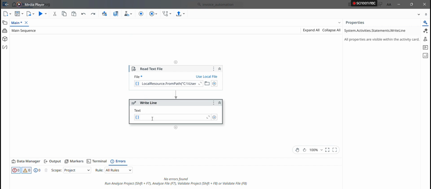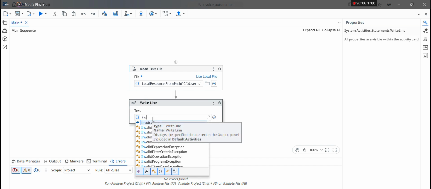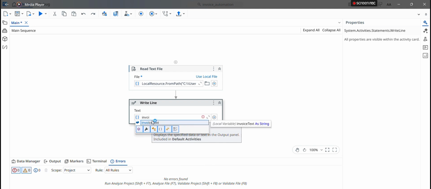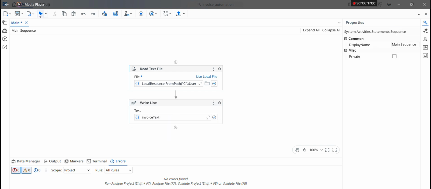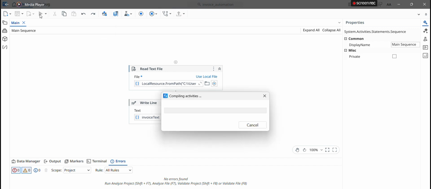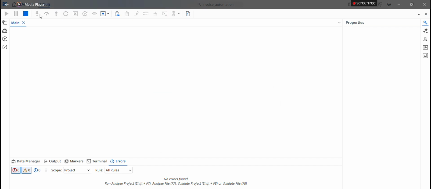And after that, I have a write line. For example, the write line can be invoice text. Why invoice text is because we are going to extract all the textual data or the categorical data from the invoice. So make sure you wait until all the compilation activity is completed,